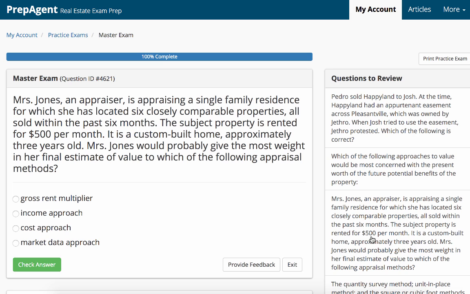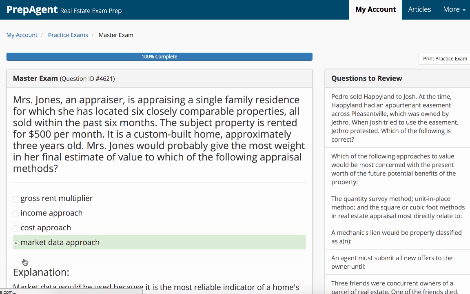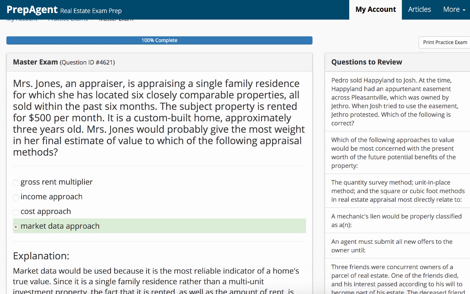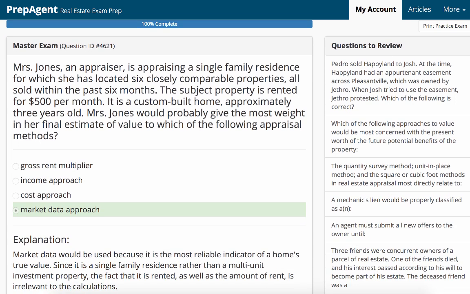Then we'll talk about it. I went back and I went with comparable properties, which is the market data approach. Good. Okay, so market data is the most common one used. So always default to that if you can. Because the key thing, this is a single-family residence, located close to 6 comparable properties. So most importantly, it's the comps because she's selling it in an area where people live. She's not selling it in an area of just pure income buildings.